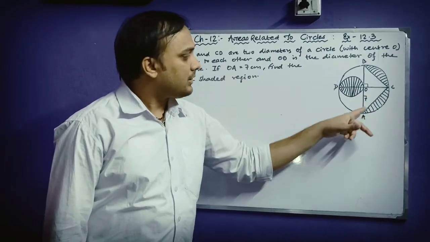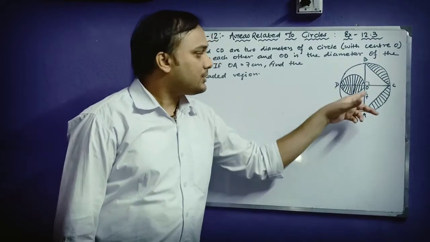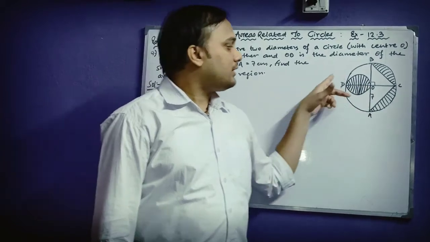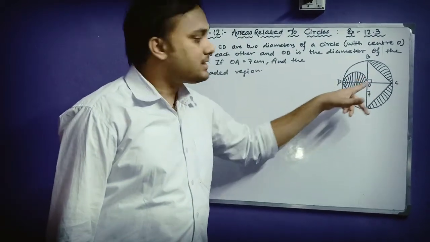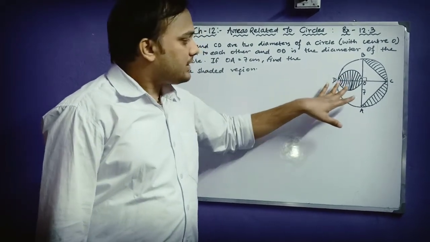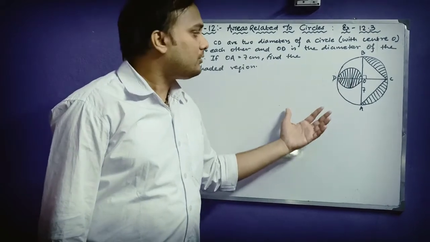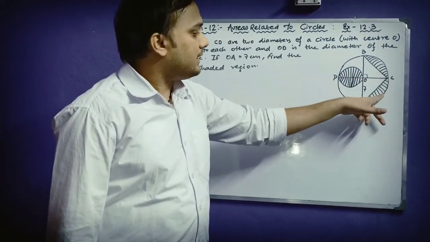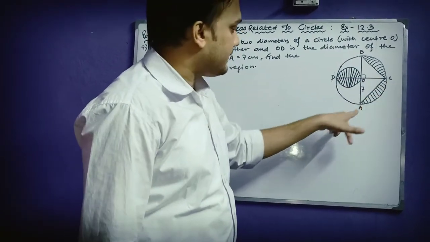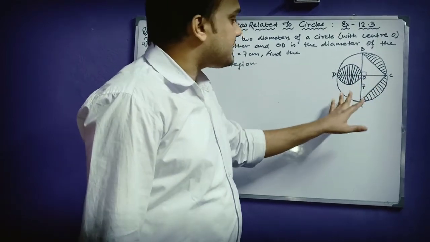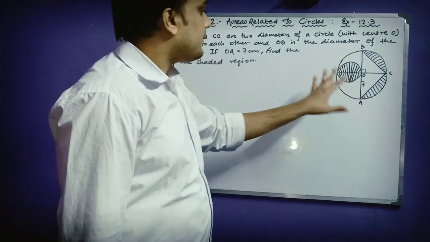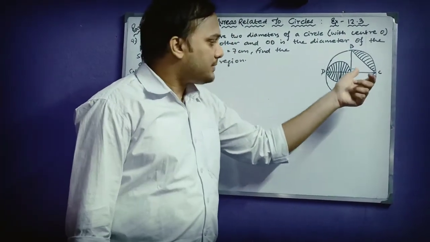As OA is 7 meter, definitely OA is the radius of the bigger circle, and so is OD, and thus OD will also be 7 meter. And if OD is 7 meter, 7 by 2 will be the radius of this smaller circle, and with the help of that radius we will find the area of the smaller circle. So this area of the smaller circle can be easily found. Now let us come to the regions here and here. You can see in the figure that for finding the area of the segment along BC and the segment along AC, we can find that just by subtracting the area of the semicircle from the area of the triangle ABC. The area of the semicircle can be easily found because the radius is known to me.